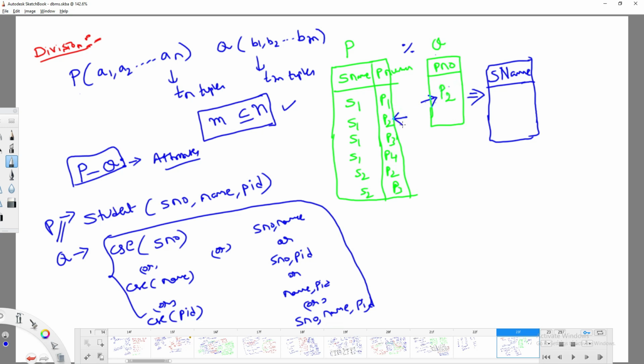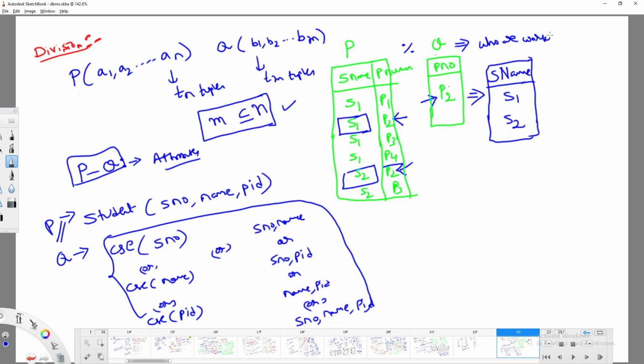Then your result is going to be S1 and S2. So in this scenario, P divided by Q means: who are working in project P2?